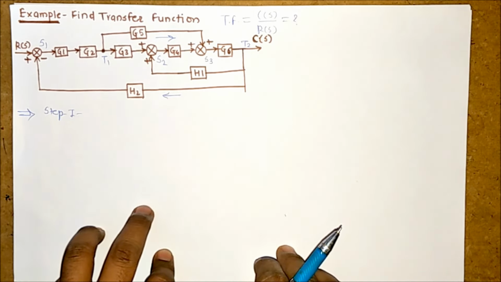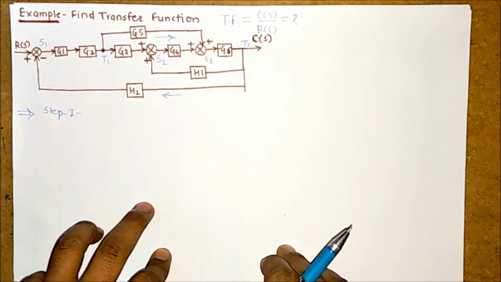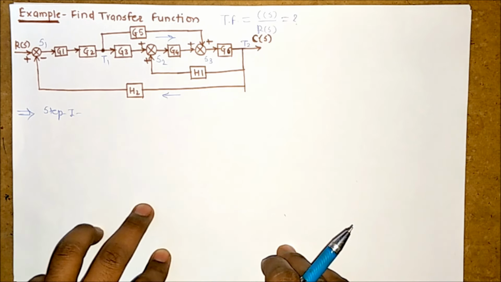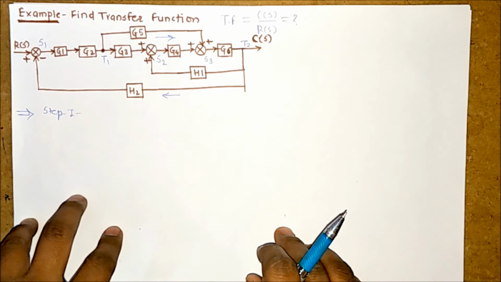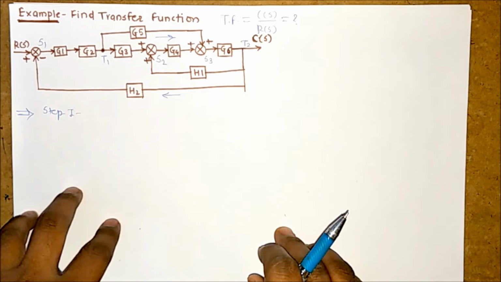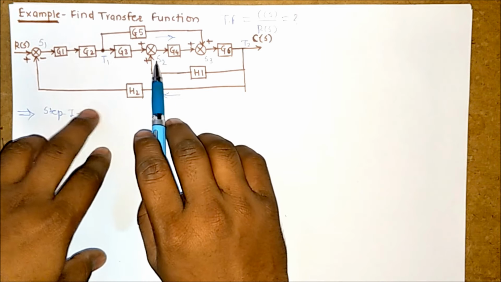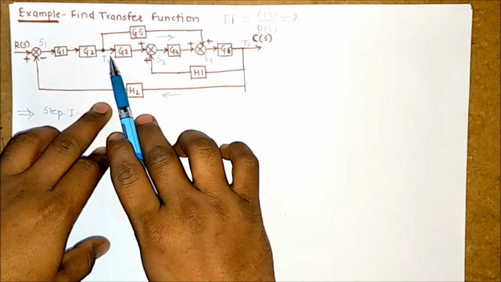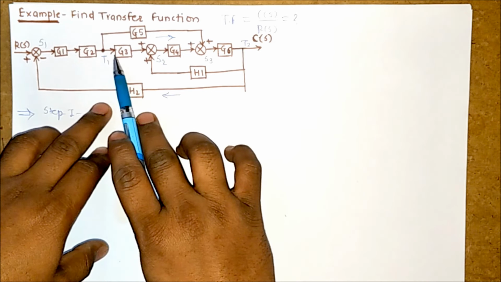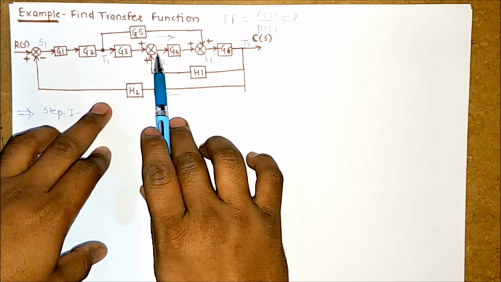Before starting the reduction of the block diagram, think before applying any rule to the block diagram. Means you have to consider the next step, what happens after applying the rules. If the steps get complicated, you have to think about different steps or different rules. See here, if you move summing point S2 to the left side, there is no sense in shifting this summing point. Instead of moving summing point S2 to the left side, we are moving this summing point S2